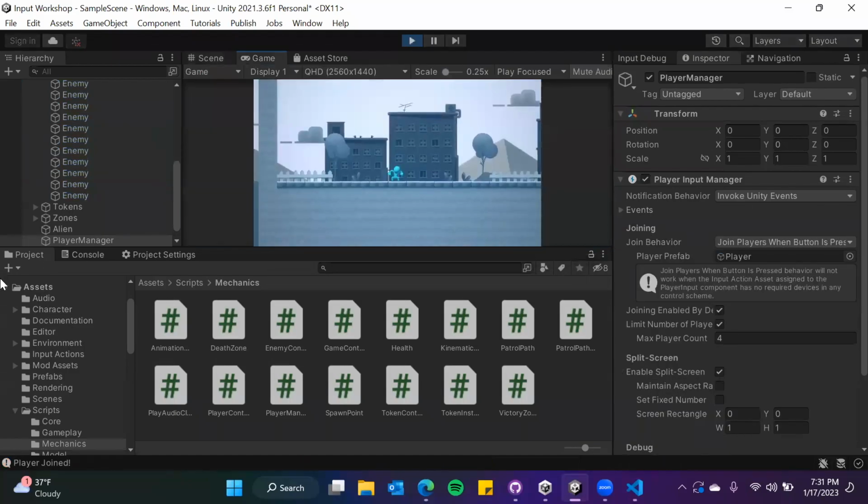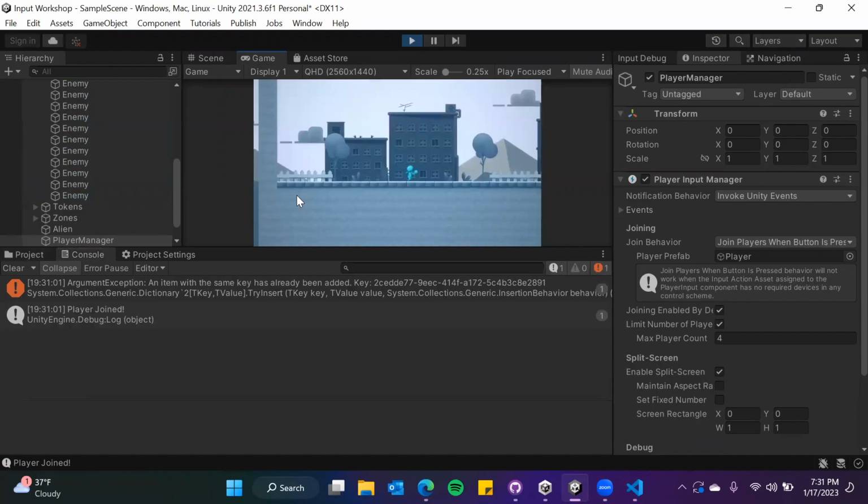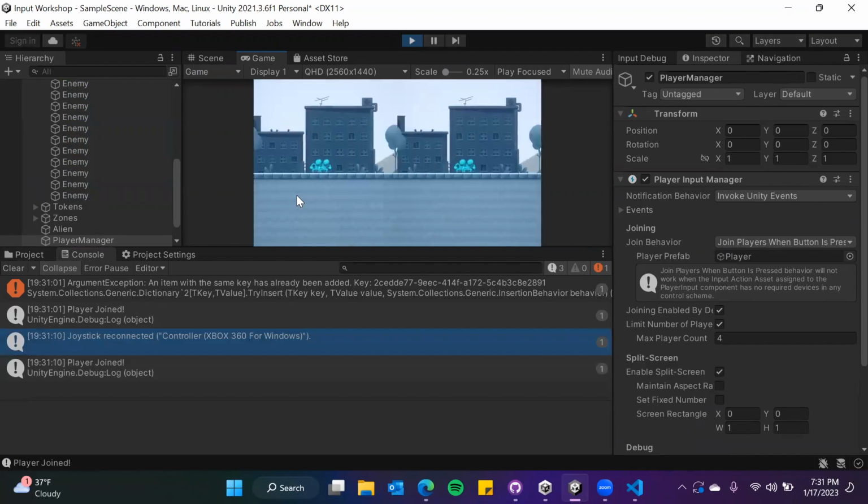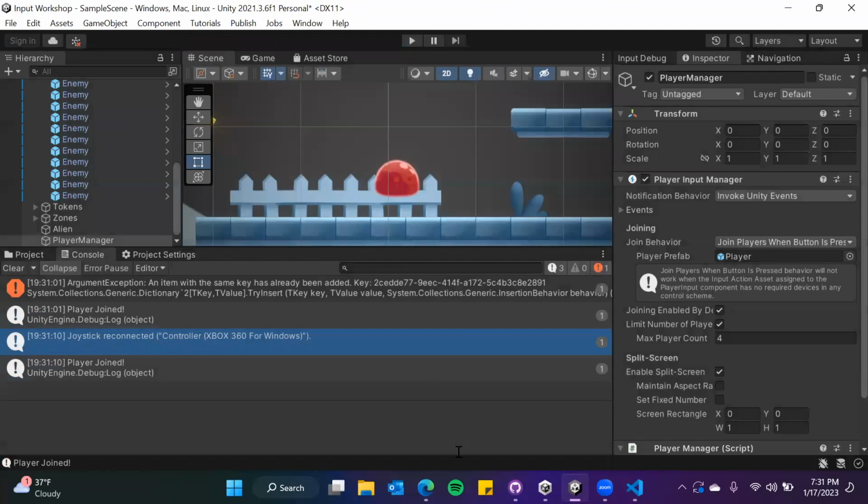time a player joins. As you can see, my first player is in the game. Player joined ran once. I'm going to join a second player. Player joined ran again. Okay. So now we need to write the code that tells us which player we're dealing with and what we